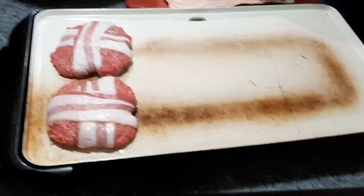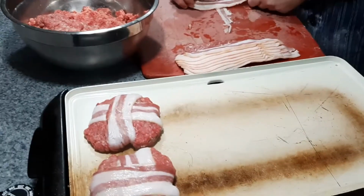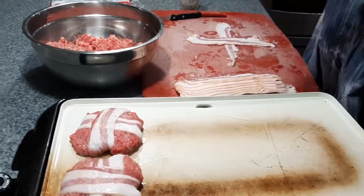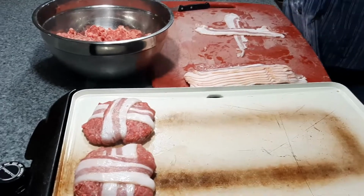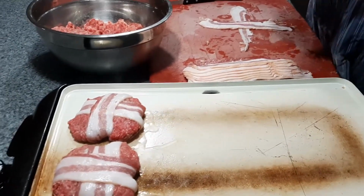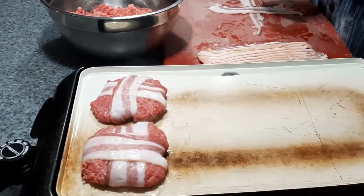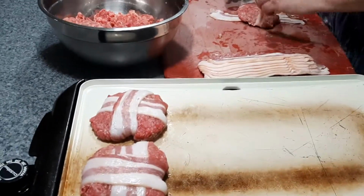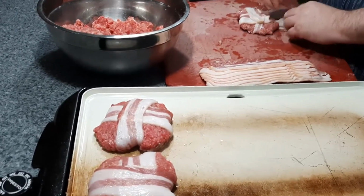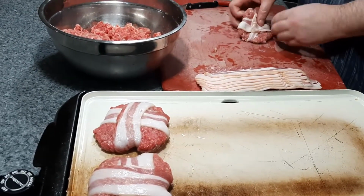While those are frying up, we're going to bang out a few more of these. Now we're only going to cook these until they start to get a little brown on the outside, and then we're going to put them on a sheet tray and pop them in the oven. Because the same cord that I use for the skillet is the same one that we use for the deep fryer, and we are also going to make hand cut fries tonight, so I got to get the burgers cooked off, and then